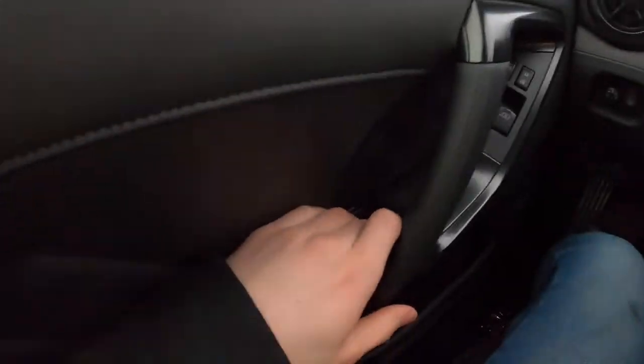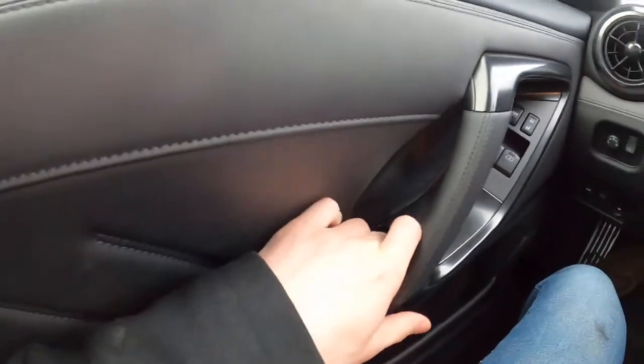Should we hop out and do another look around? Yes. Okay. Again, I really like the door handles. You can just put two fingers in there and...